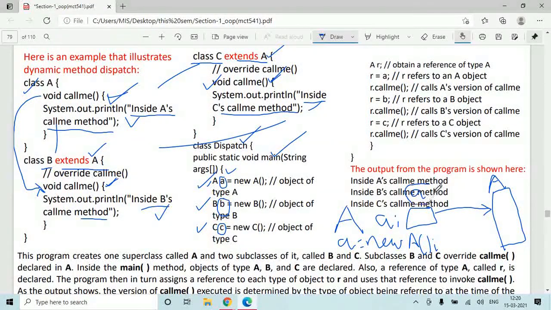Then I can use this object of type A to call the methods written inside this object. This we have seen from the first lecture till date. The point to remember here is the reference is of type class A and it is pointing to the memory location created for the object of type A.